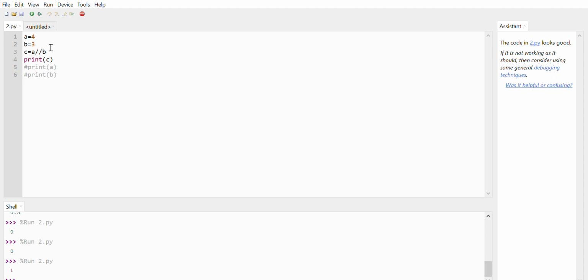But what is the exact answer? The exact answer, when we want to see it in decimals, is 1.333. So when you are using double slash over here, it will give me the rounded figure, whereas when you use the divide sign, the single slash sign, it will give me the value in decimals, right? So this is the simple introduction of your file editor in the Thonny interface,